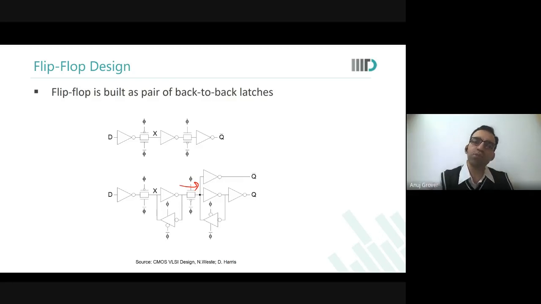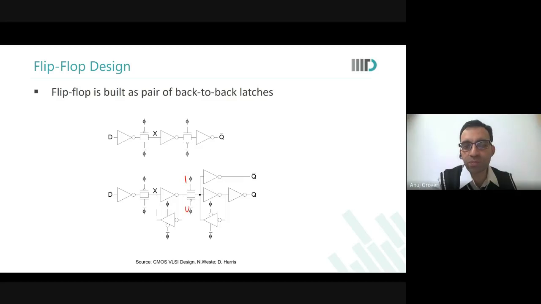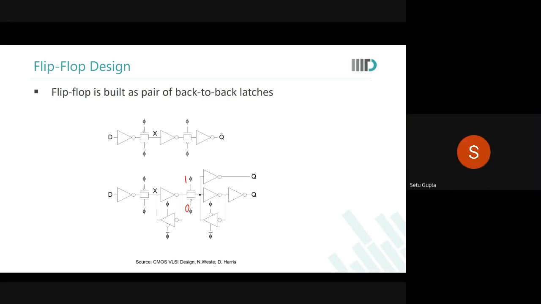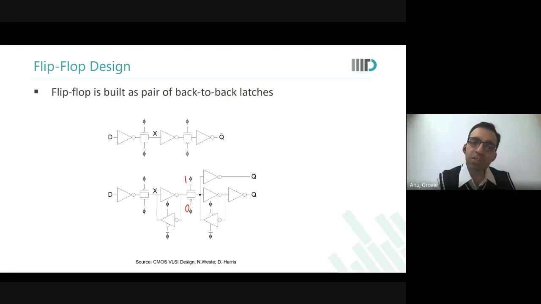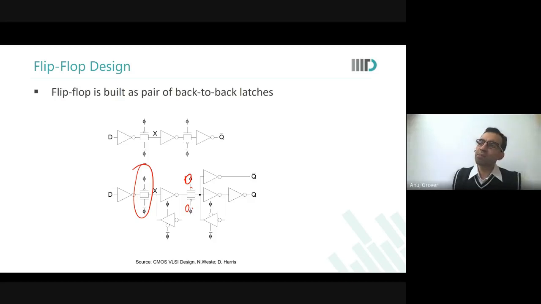Suppose both are 1 1. Both are 1 1 means this is 1 and this is 0. PMOS is not yet on. Both are 0 0 means this is on, this is off. So this is not really what you think of when you think of a transmission gate. A transmission gate is supposed to operate when one is 1 and the other is 0. So when that doesn't happen, there are resistive paths and there could be chances of data corruption.